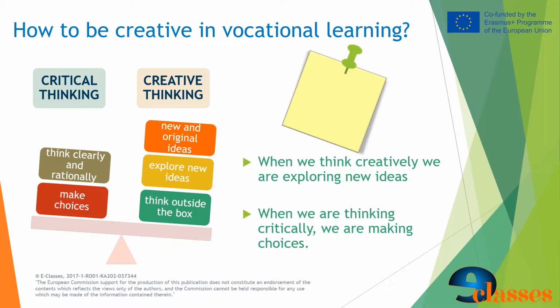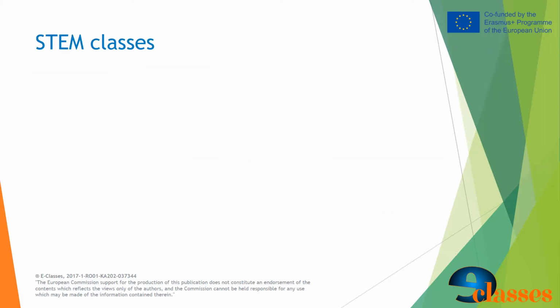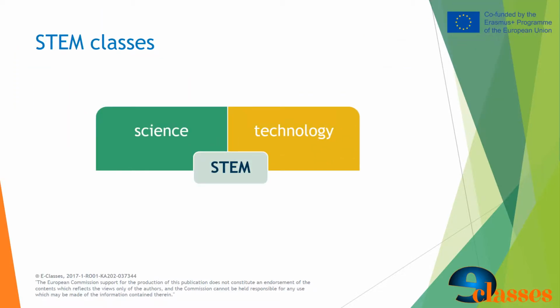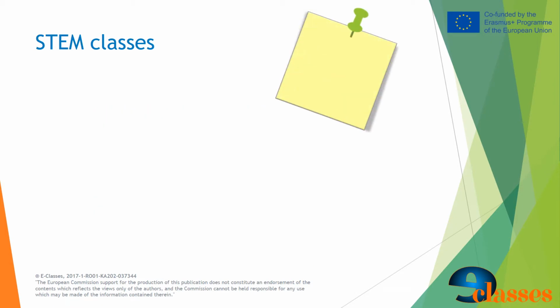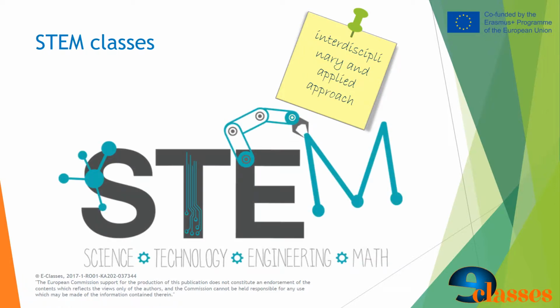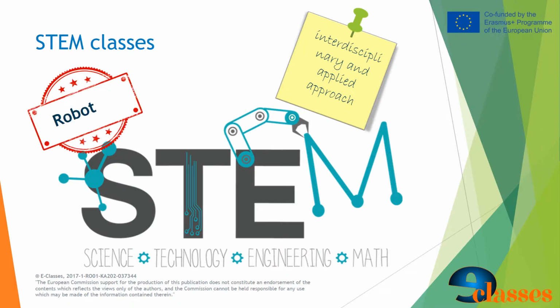In the simplest way, being creative means to bring something new, that wasn't there before. But where can a teacher include such creative thinking? Some of the modern types of classes that can encourage and facilitate creativity are the STEM classes. They include science, technology, engineering, and mathematics. This type of class is an interdisciplinary and applied approach based on real-world applications. Students work on problems that blend the lines between disciplines and require thinking across them, such as robotics.